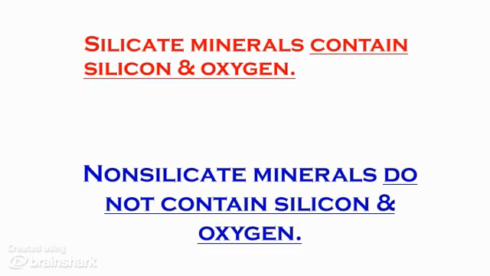So what in the world does that mean? Well, if a mineral is classified as a silicate, it means that it is made up of silicon and oxygen. Both of those are elements. If a mineral is non-silicate, then that mineral does not contain silicon and oxygen. And those two elements are important because they are abundant in most living things.